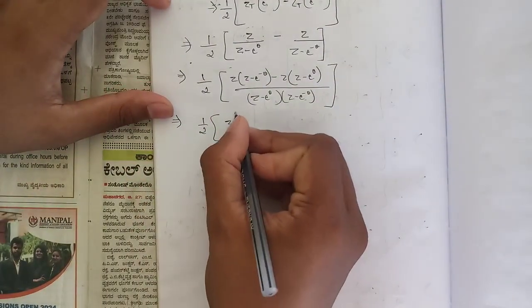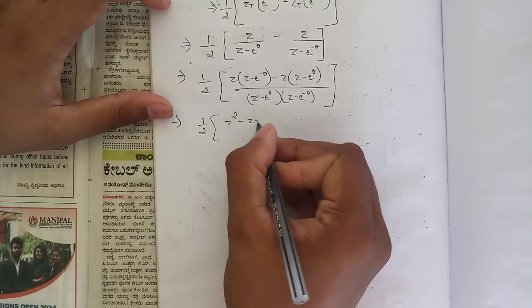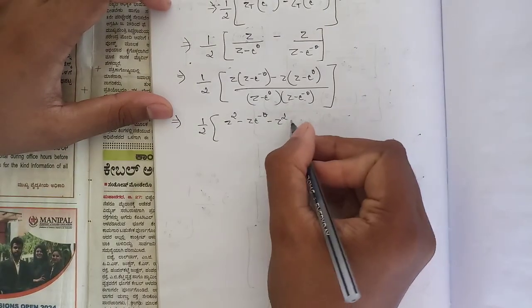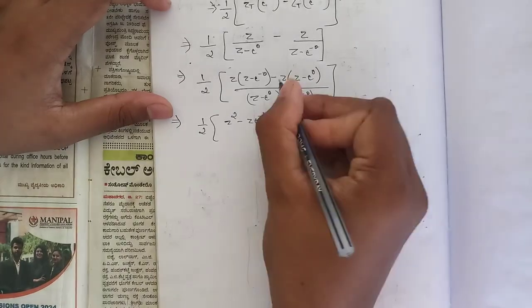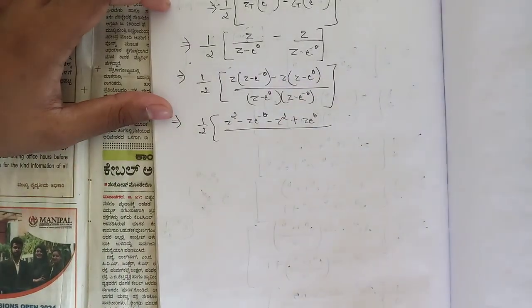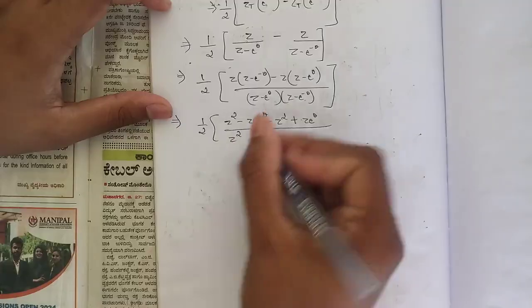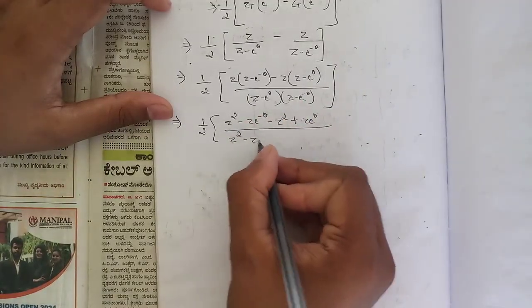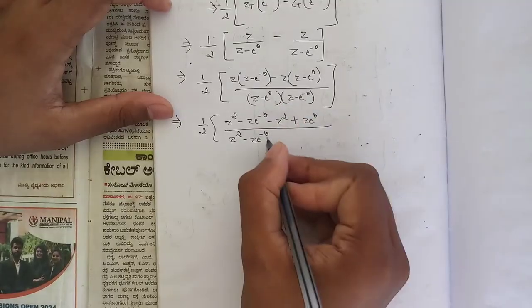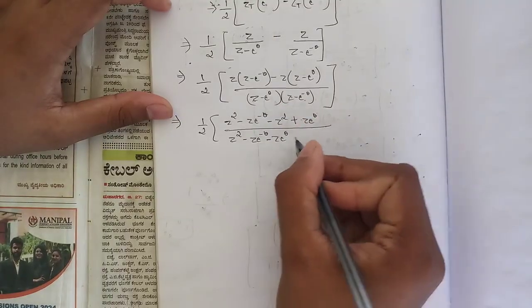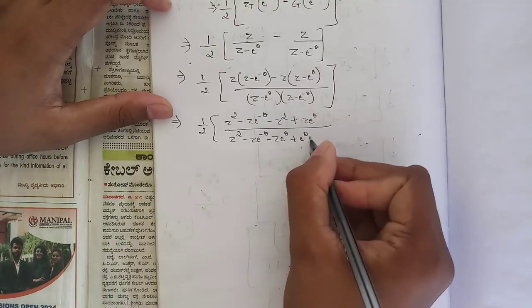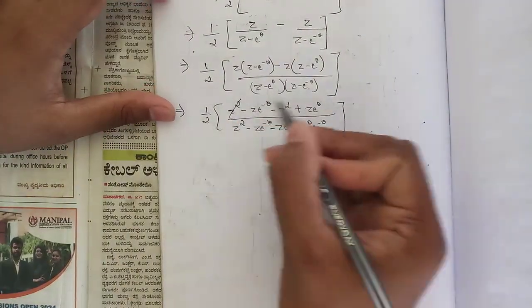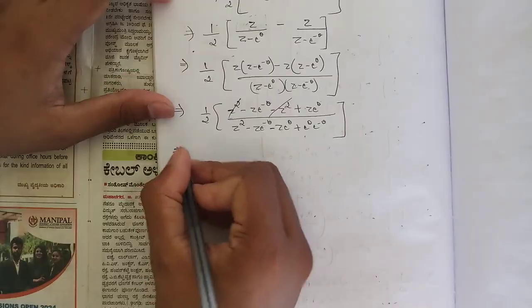Multiply the terms: z square minus z e power minus theta minus z square plus z e power theta, minus into minus plus, z square minus z e power minus theta minus z e power theta plus e power minus theta. So you can see that z square gets cancelled,